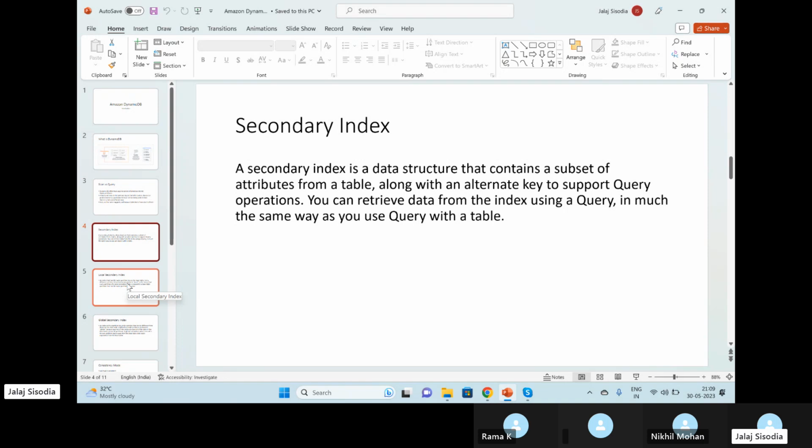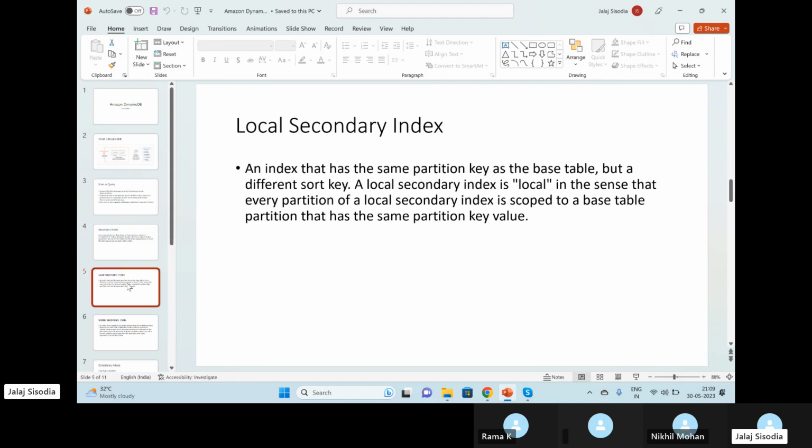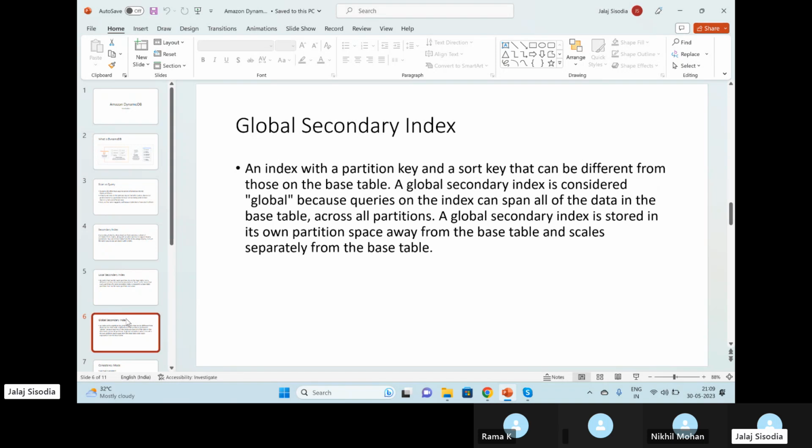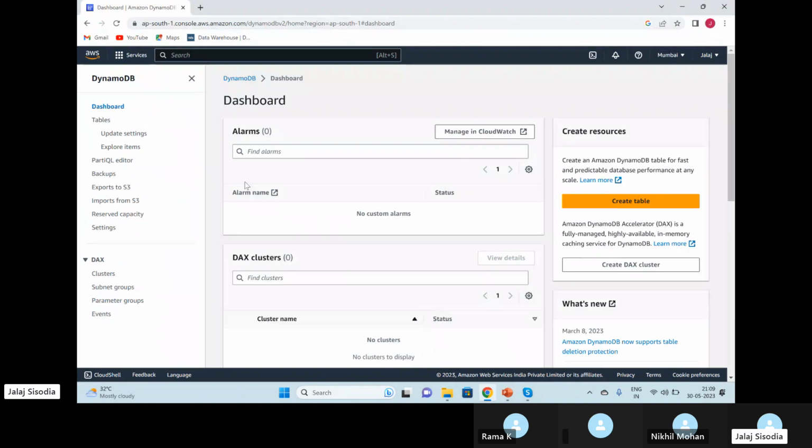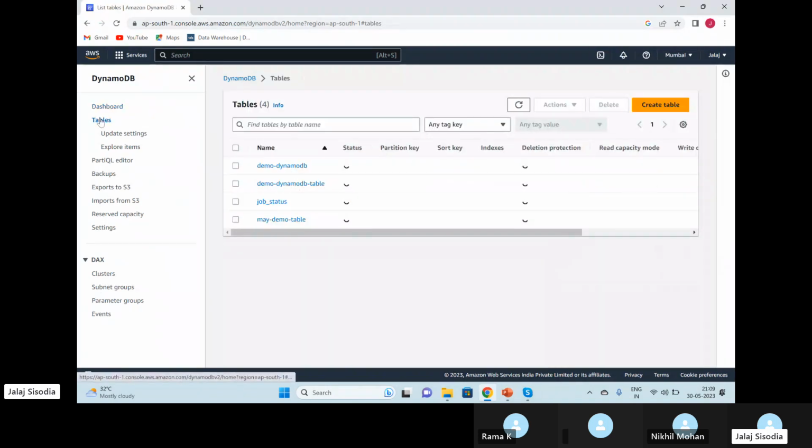Okay, so we have seen two kinds of secondary indexes. First is the local secondary index, and then we had seen the global secondary index. Now we have to see the consistency modes. Okay, so as we know, if I go inside my DynamoDB tables,